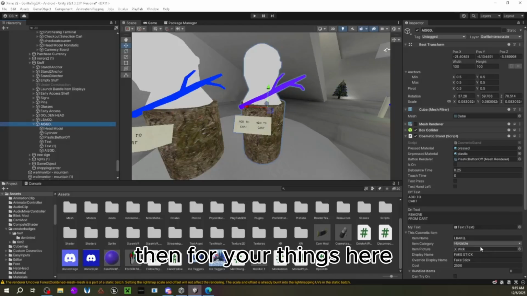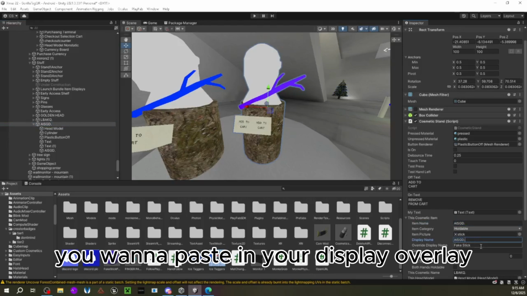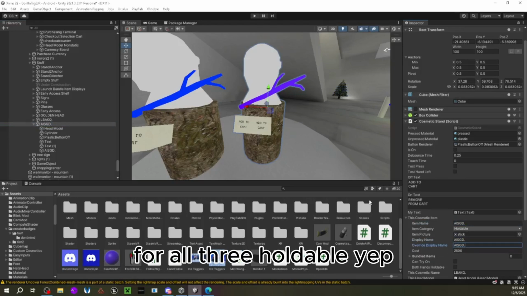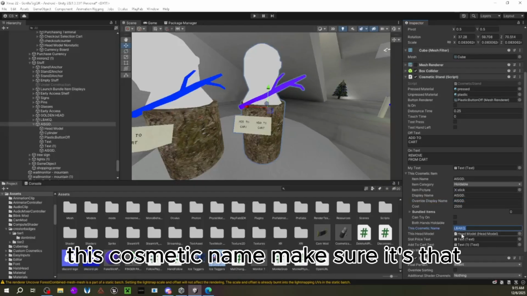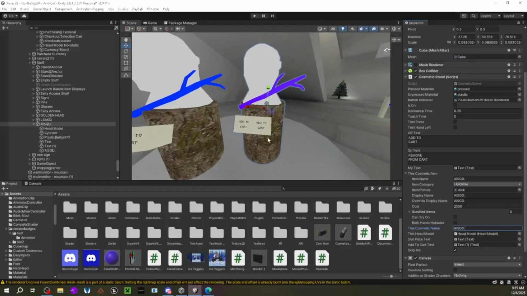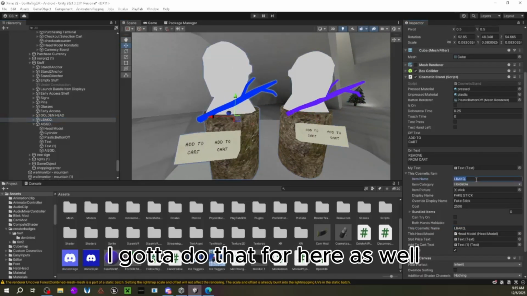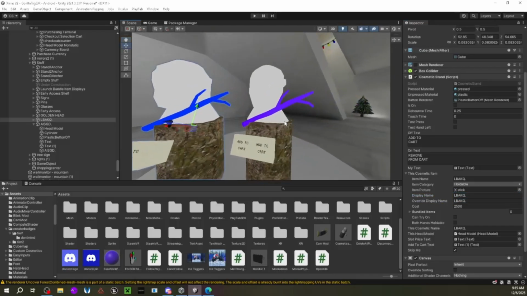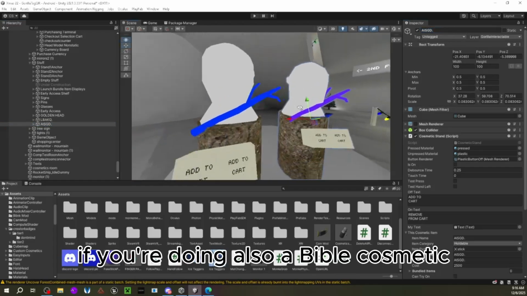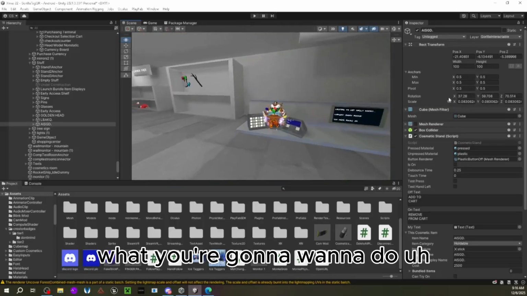Then, for your things here, you want to paste in your display override for all three. Holdable, yup. This cosmetic name, make sure it's that. And also, I gotta do that for here as well. There we go. Okay. Then, if you're doing also a buyable cosmetic, what you're gonna want to do, this is